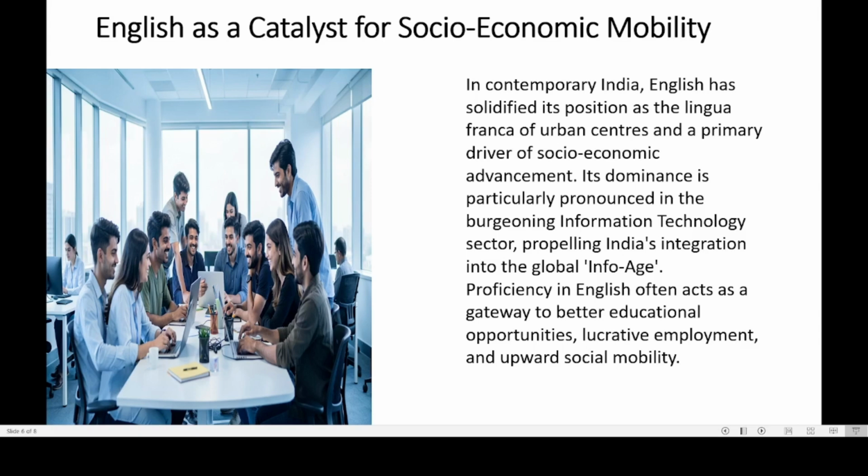This is why many parents in India prefer English medium schools nowadays. Even English is very important in industries like information technology, business, international trade, and scientific research. So I would rather say that English today often acts as a gateway to global opportunities. And for many young people, learning English means access to better education, better jobs, and wider career options.